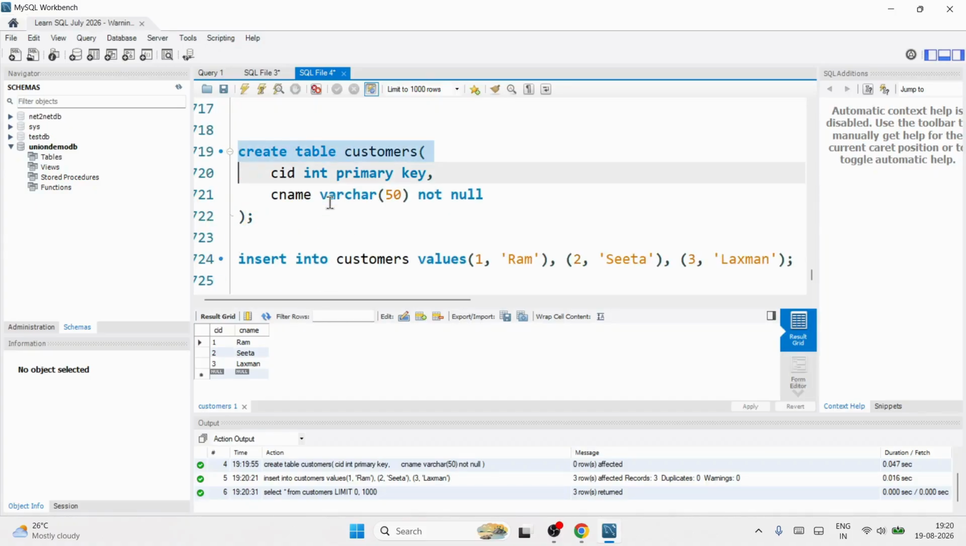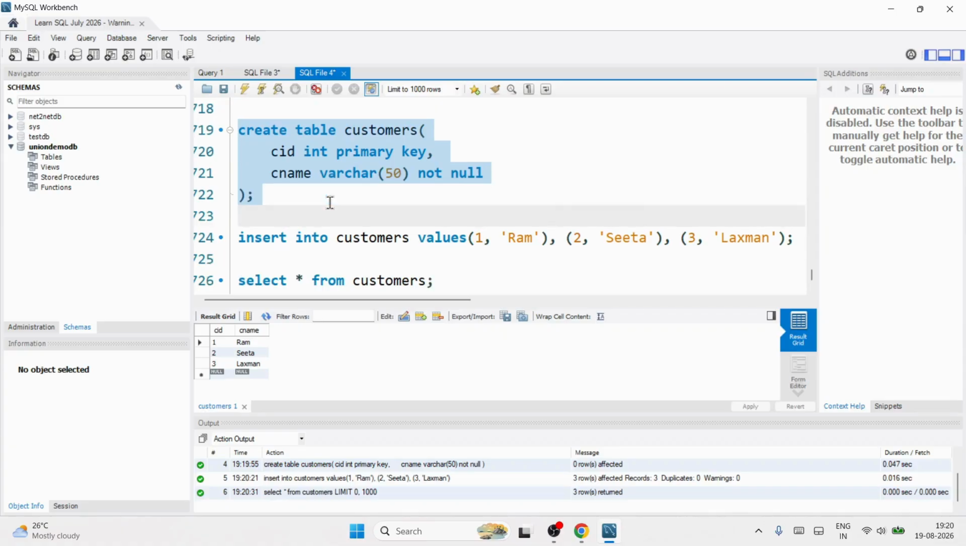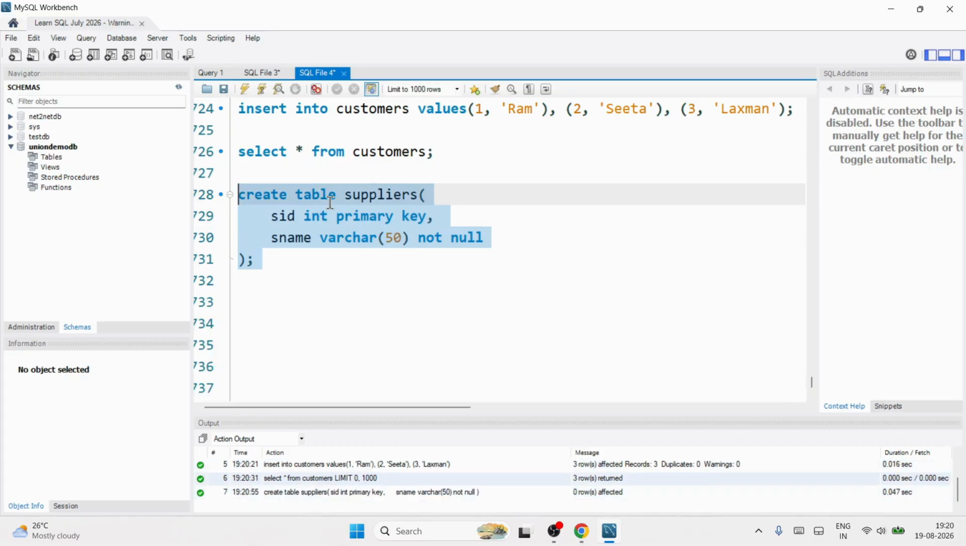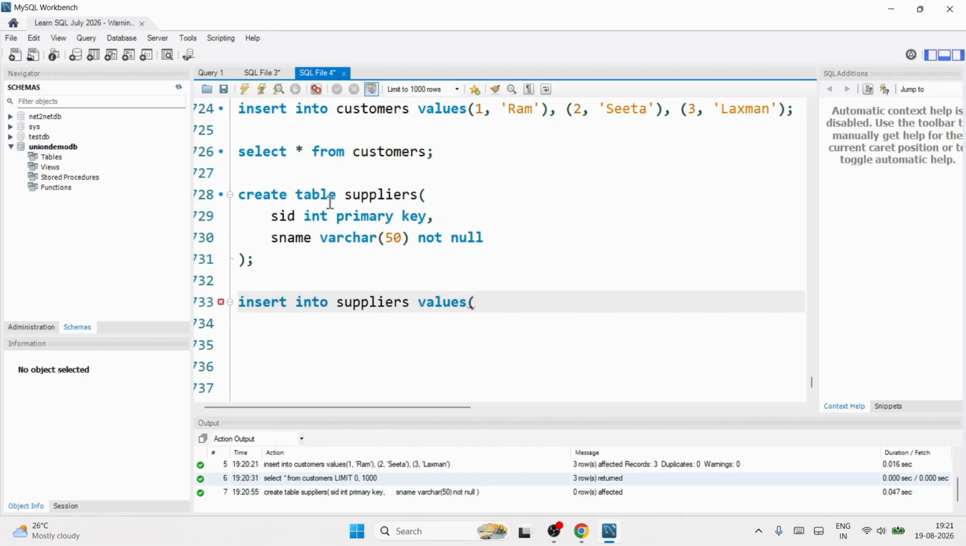Now I'll create one more table called suppliers. Create table suppliers. I'll put supplier ID and supplier name. Okay. Now the suppliers table is also created. We will add some records in suppliers. Insert into suppliers values 1 Sita,